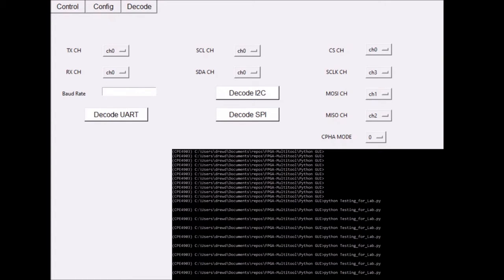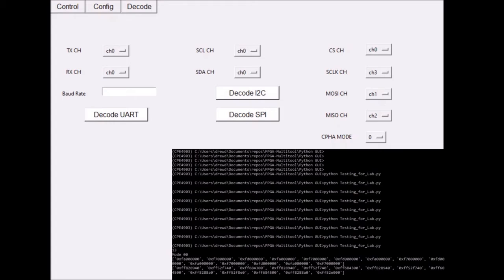Okay. Now we can just hit the decode SPI, and you can see it decoded those packets. So we see it sending FA, F7, FD, which is just saying I want the temperature, I want the pressure, and I want the humidity. And this is just the reply the temperature, pressure, and humidity sensor is sending back,